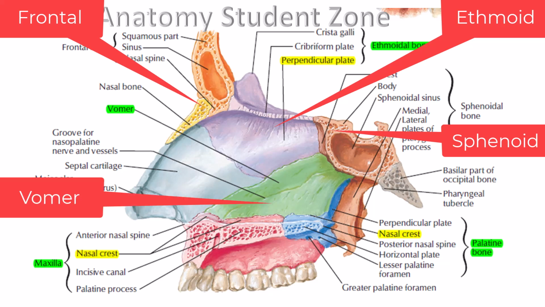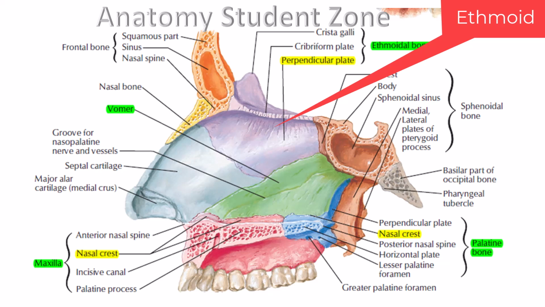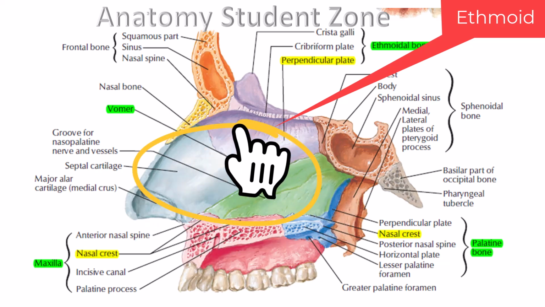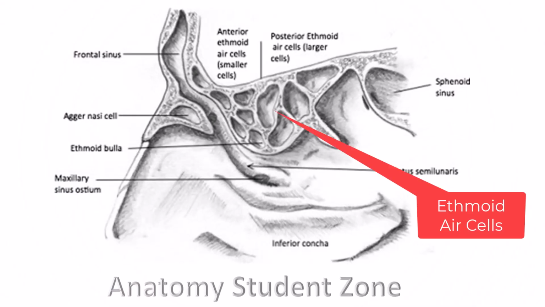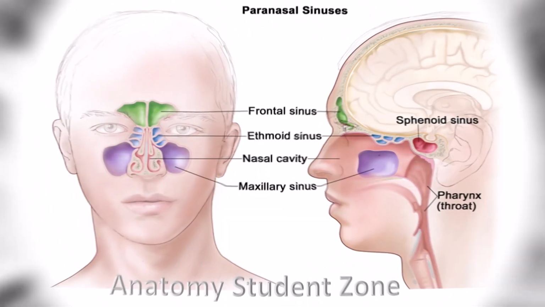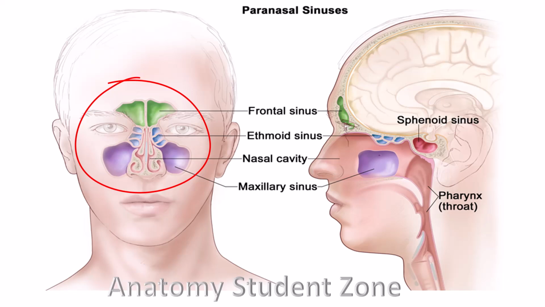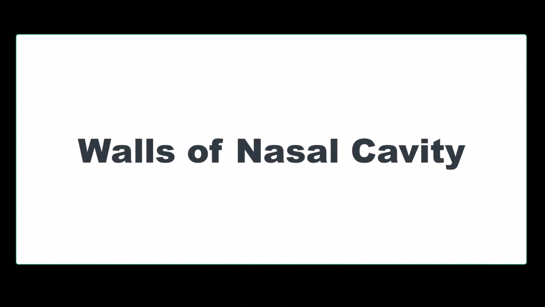Among all of them, the ethmoid bone is the most important element for two reasons. First, it makes the greatest portion of the nasal skeleton framework, by forming the roof and the walls of the nasal cavity. And second, the ethmoid bone contains the ethmoid air cells. Ethmoid air cells or ethmoidal sinuses are cavities in a bone, and are one of the four paired paranasal sinuses. Besides this, we also have the frontal, maxillary, and sphenoidal sinuses. Now I will describe the walls of the nasal cavity one by one.